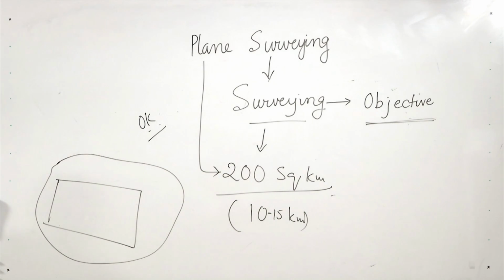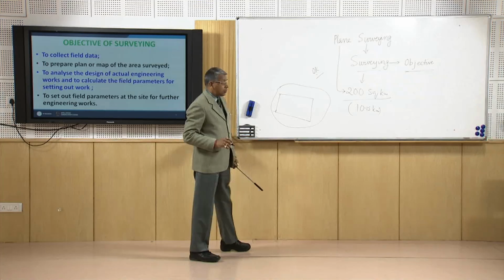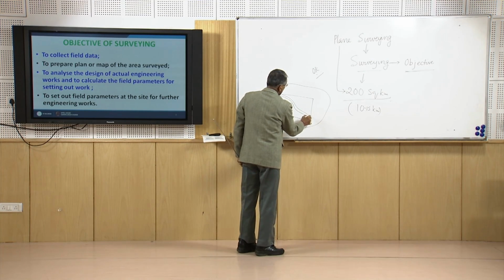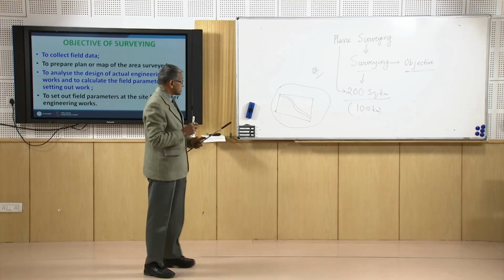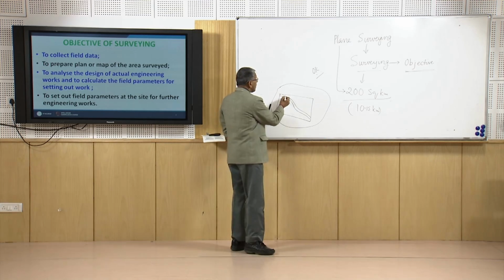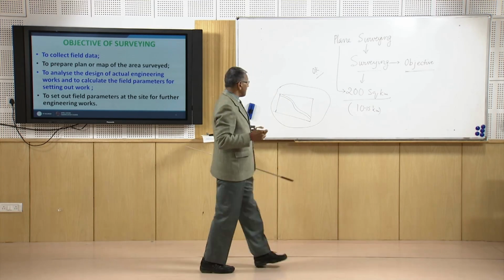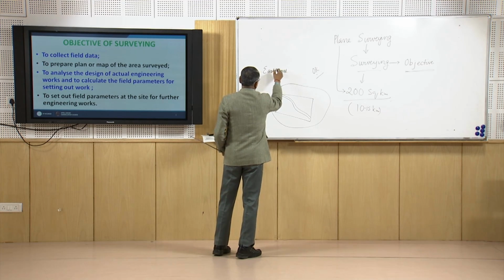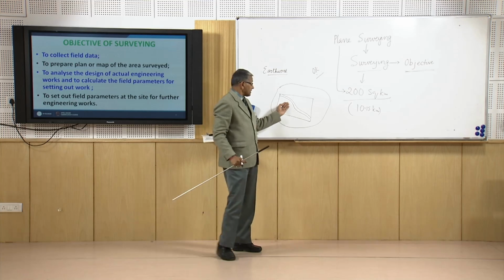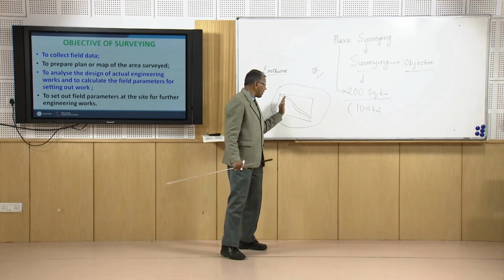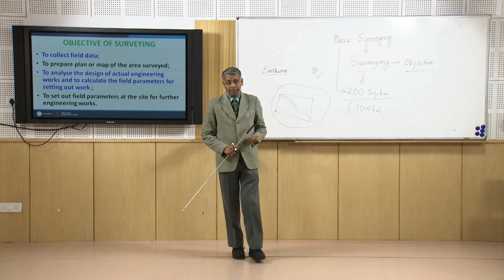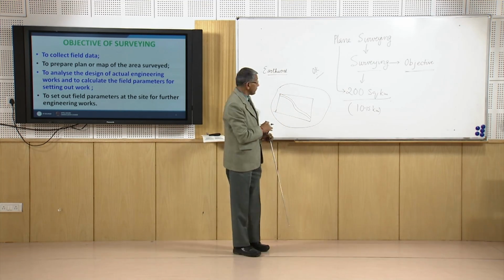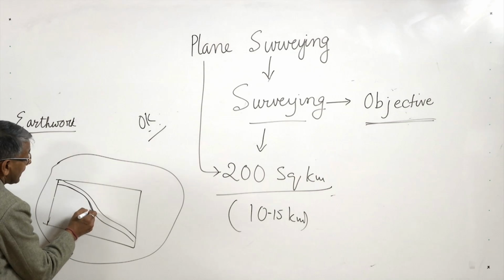I want to construct a road on this. Suppose this is the line along which I want to construct the road. In carrying this out, let us take one example, earthwork. That means how much earth has to be imported to this area, or how much earth has to be taken out from this. From our topographic map we can do all this work, as well as lay out our